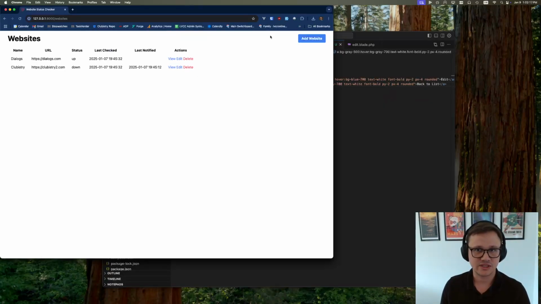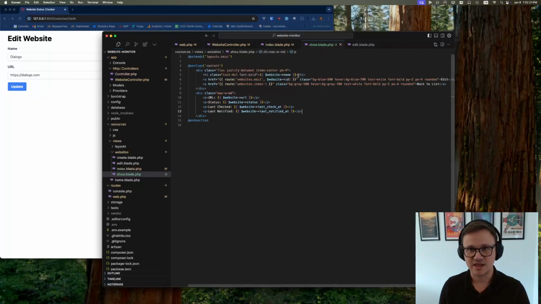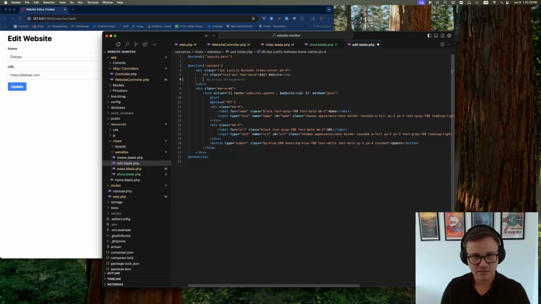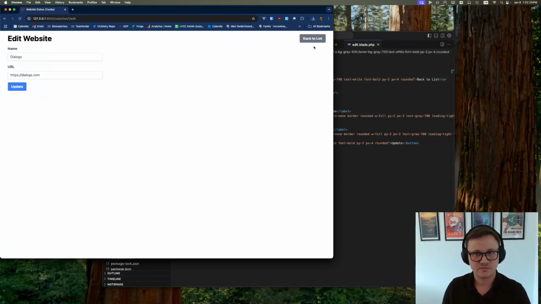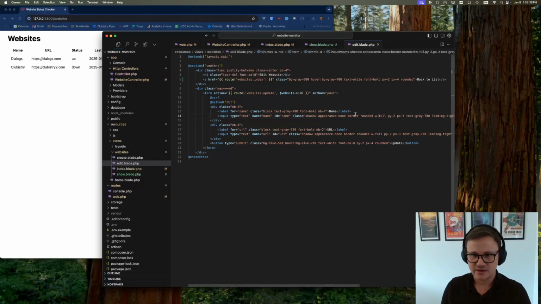Okay, back to list, view, we can edit. Oh, from the edit, we also need here, back to list button. Okay, so I'm happy we now have the delete action and the view action. Next, I want to cover